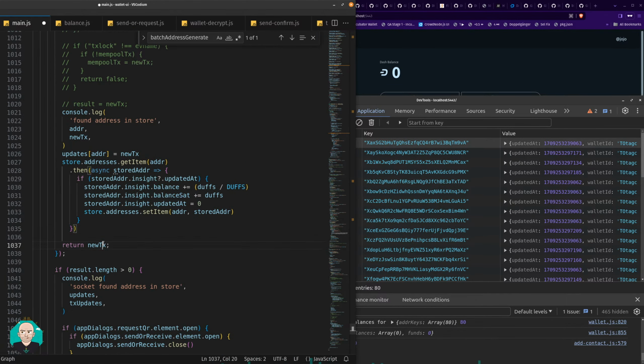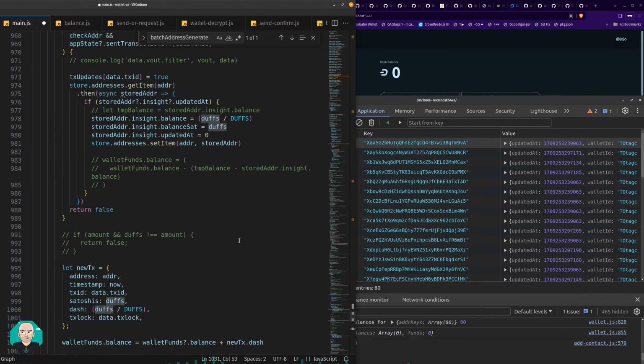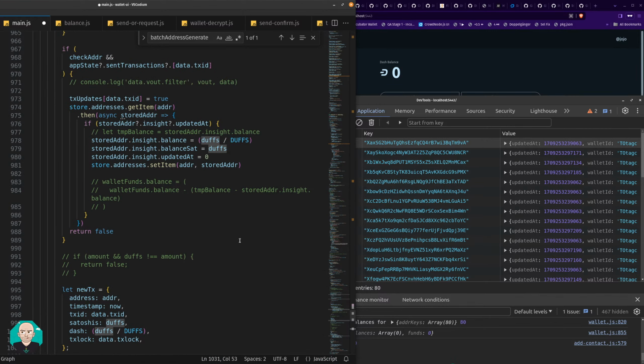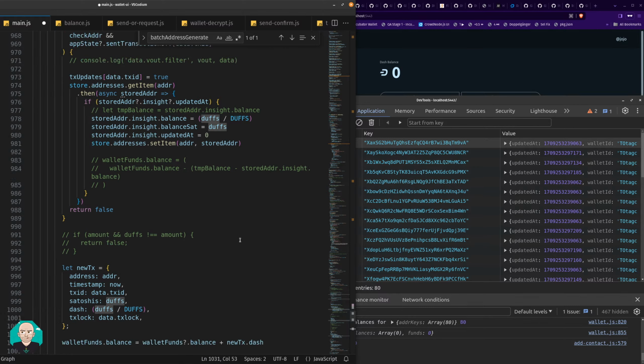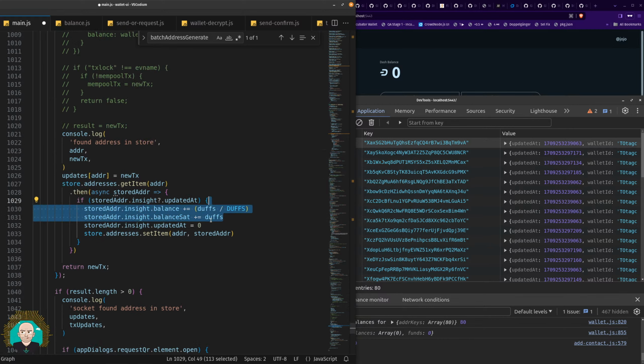Okay, so otherwise we return the new transaction and we update it. Okay, so that one does add. So it does this add. I think it would be somewhere around here. So we get the address if store address insight updated at